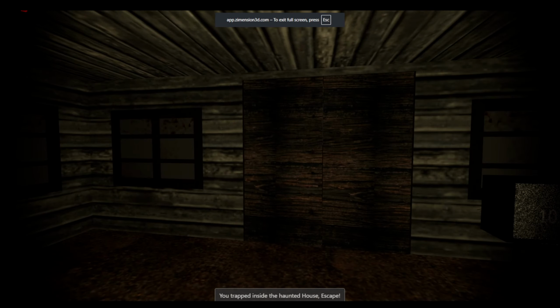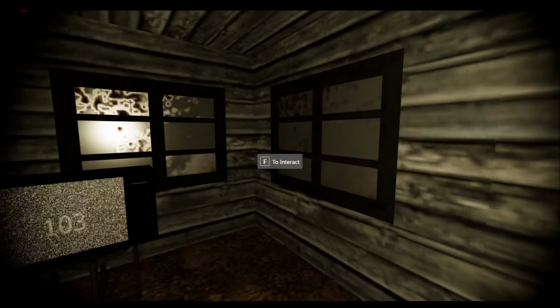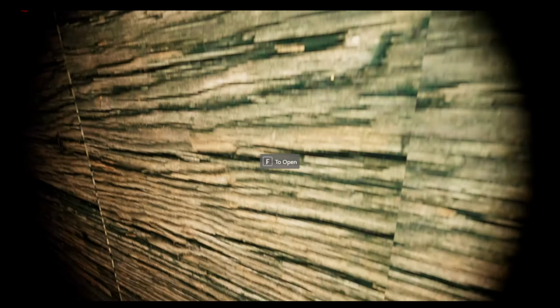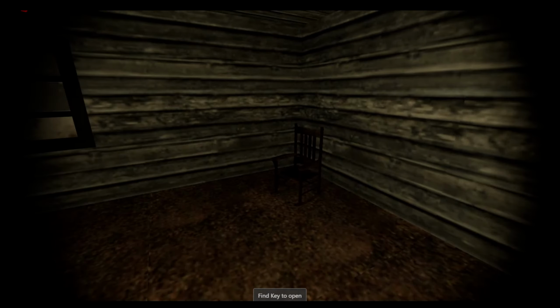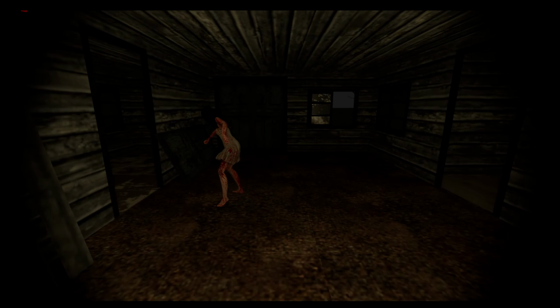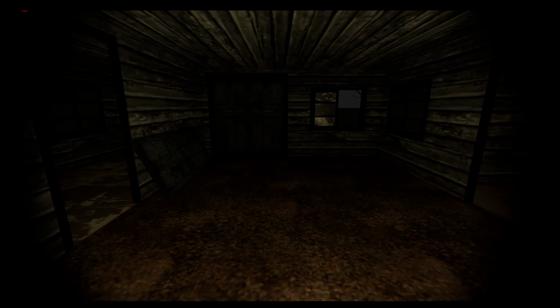Okay, so this is the horror game. It is asking me to find the key, and for this I need to go here. See, this ghost is coming. This is kind of a jump scare.